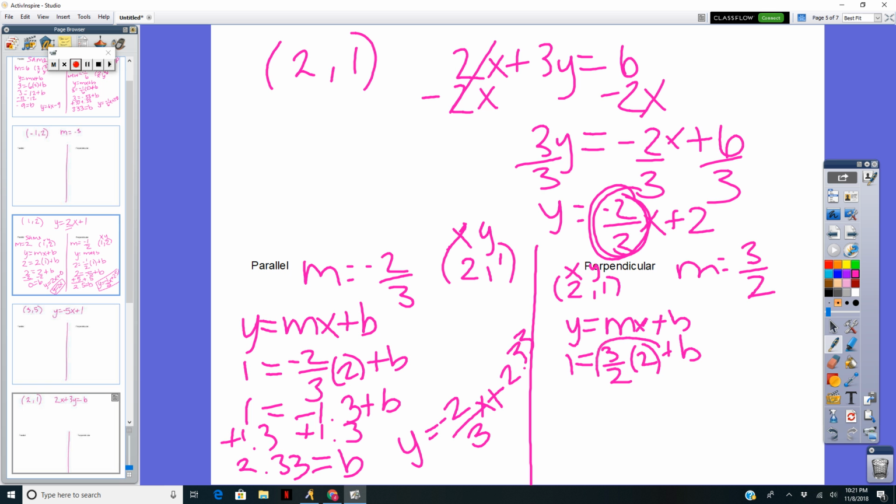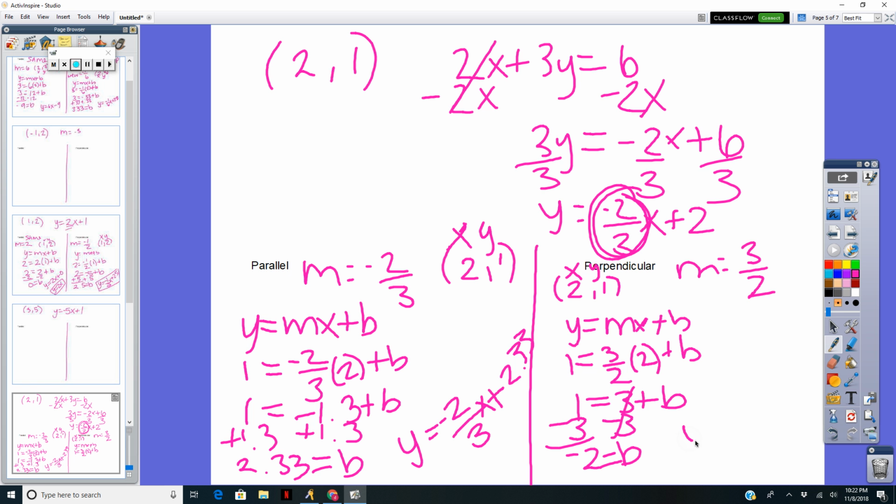If I put this part in the calculator, it's actually going to give me a 3. And then I subtract the 3. 1 minus 3 gives me negative 2. So that's my b. From this information, I can write my formula, y equals 3 over 2x minus 2,